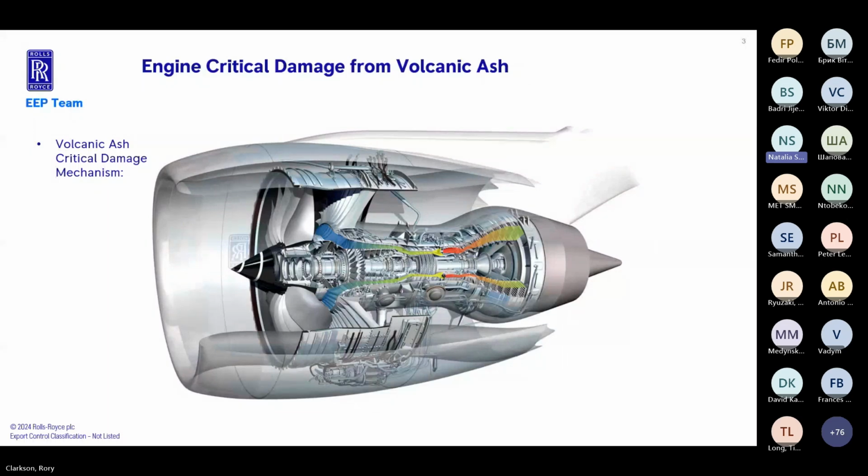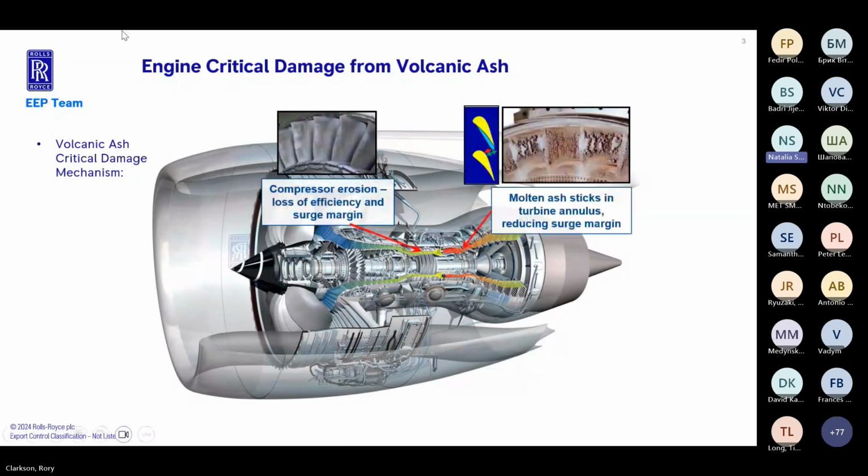But you can see it's an artist's impression. It's been cut away, and the coloured bits, the blue, the yellow, red, and then back to green, that's the engine core. Now that's the bit of the engine that is most vulnerable to volcanic ash and actually mineral dust as well. There are a number of damage mechanisms that both these phenomena can cause engines, but the two critical ones in terms of engine operability, the things that will stop your engine working in the short term, will be, as you can see there,